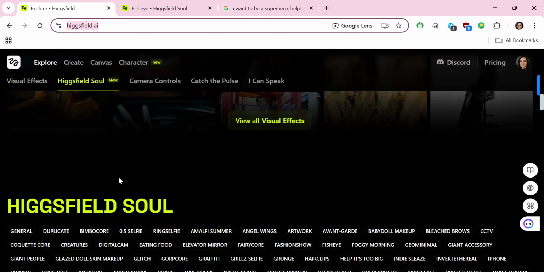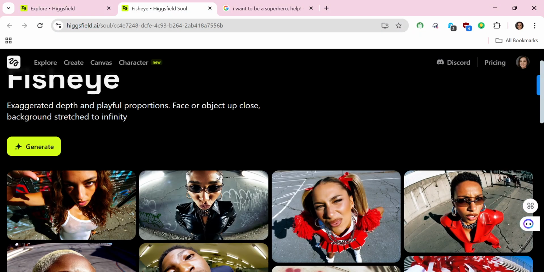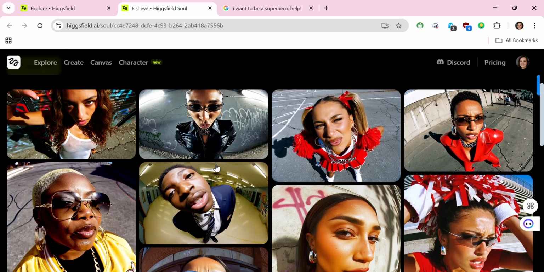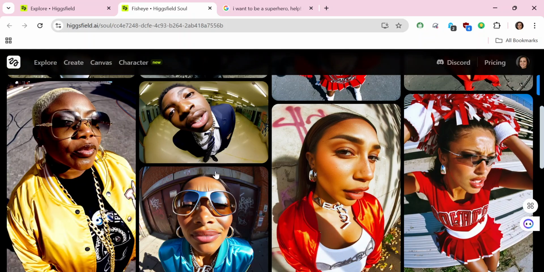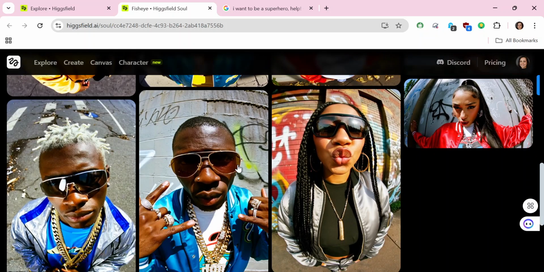So all you have to do is log into the account or create one if you do not have one. Then click on the fisheye section here. It should take you to a page similar to this, and then you see the kind of pictures and images you can actually recreate. So, let's assume I want to recreate something like this. You can click on it,